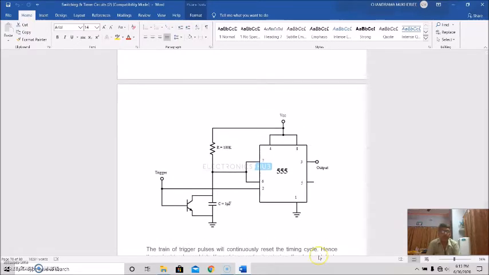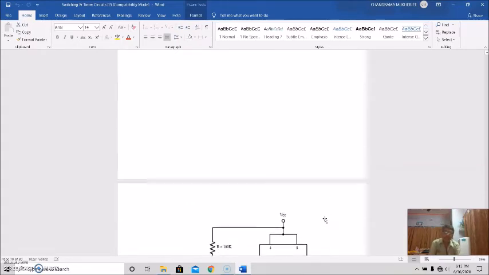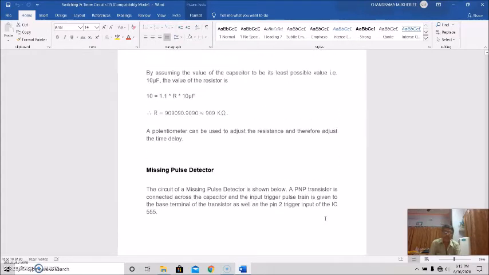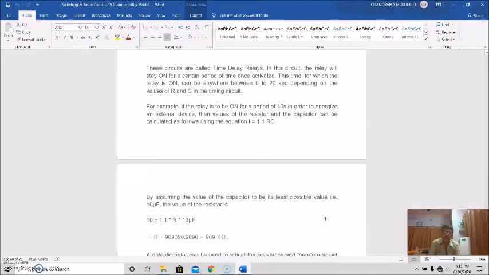First, we have used the monostable multivibrator circuit as a frequency divider. Then we have discussed it as a pulse width modulation circuit. Then we have discussed its use as a linear ramp generator, and then again we have discussed this